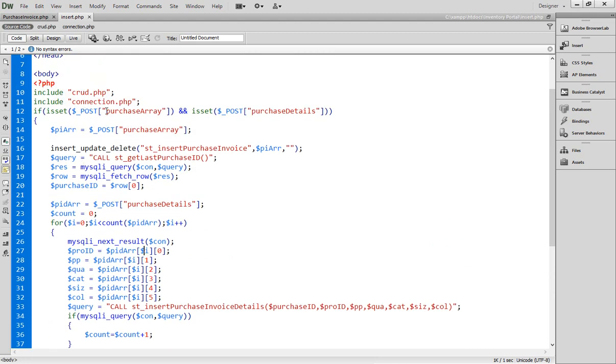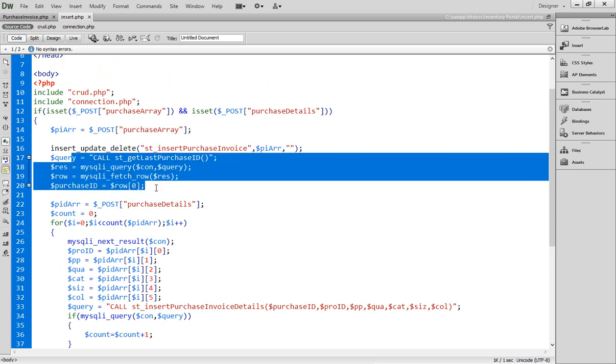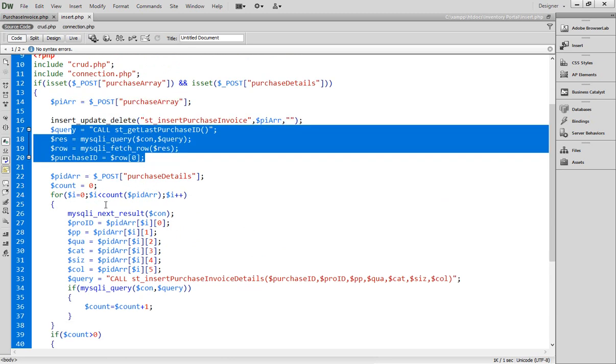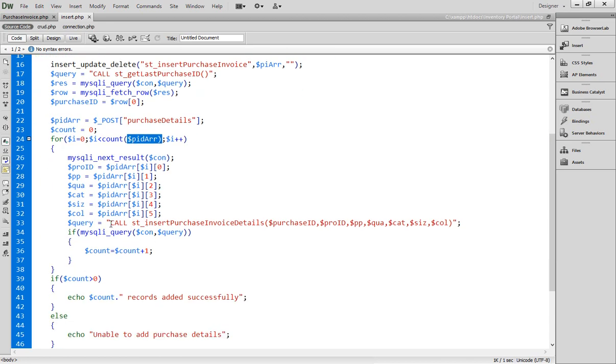Okay, so you see what has happened here. First of all, we have got all the details from the two tables right now. First table is this, and we have inserted inside this first table, and then we have called the last ID of the first insert, and then we have passed that last ID to the second table insertion along with all the details. I have created a for loop and executed the loop for the number of rows it has, and then simply I have called that